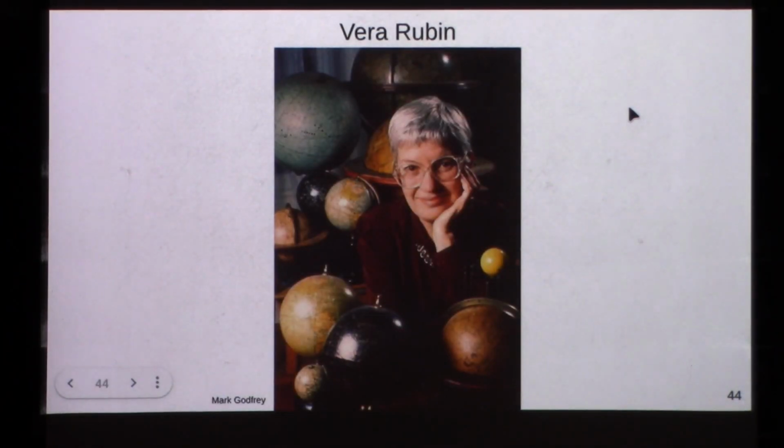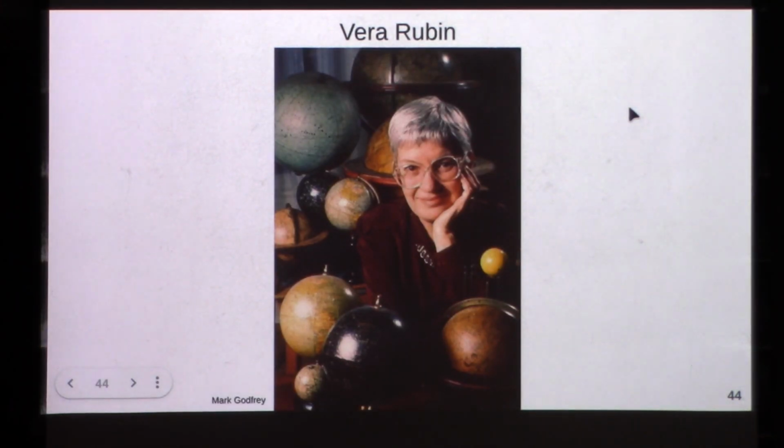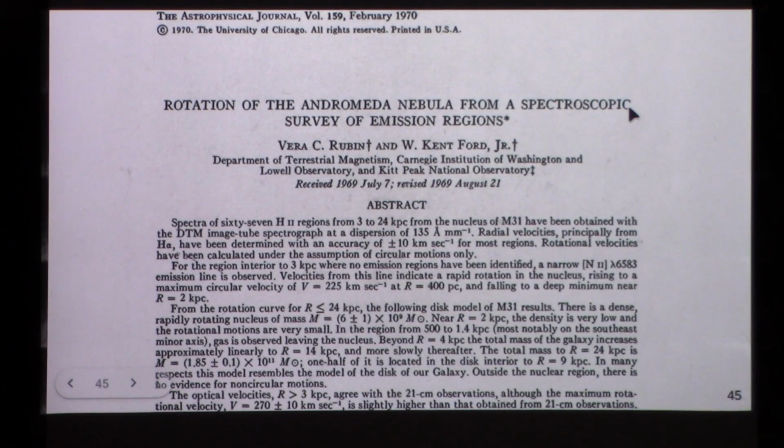But then along comes Vera Rubin of the Carnegie Institution of Washington, who, along with W. Kent Ford, who had made a state-of-the-art spectrometer, decided to measure Doppler shifts of emission regions, i.e. H2 regions, in the Andromeda Galaxy, which, strangely enough, even though Hubble had shown long ago that it was a galaxy,